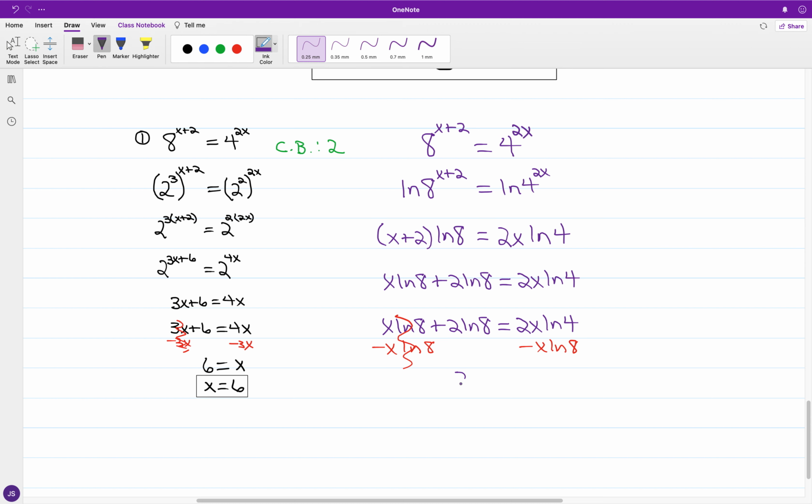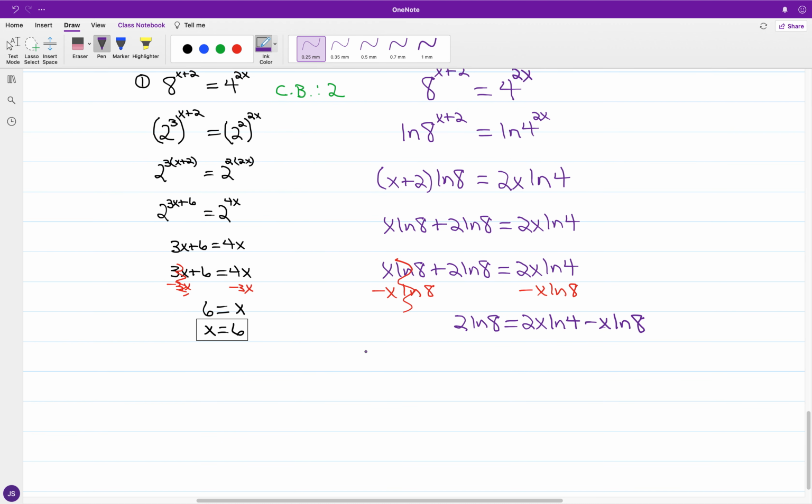And so we have, just in the follow through, 2 times the natural logarithm of 8, and I'm just going to shuffle the order here. Just have the right side of the equation move to the left and vice versa. If you notice between the terms, we're still looking at solving for x, and if I factor out x,